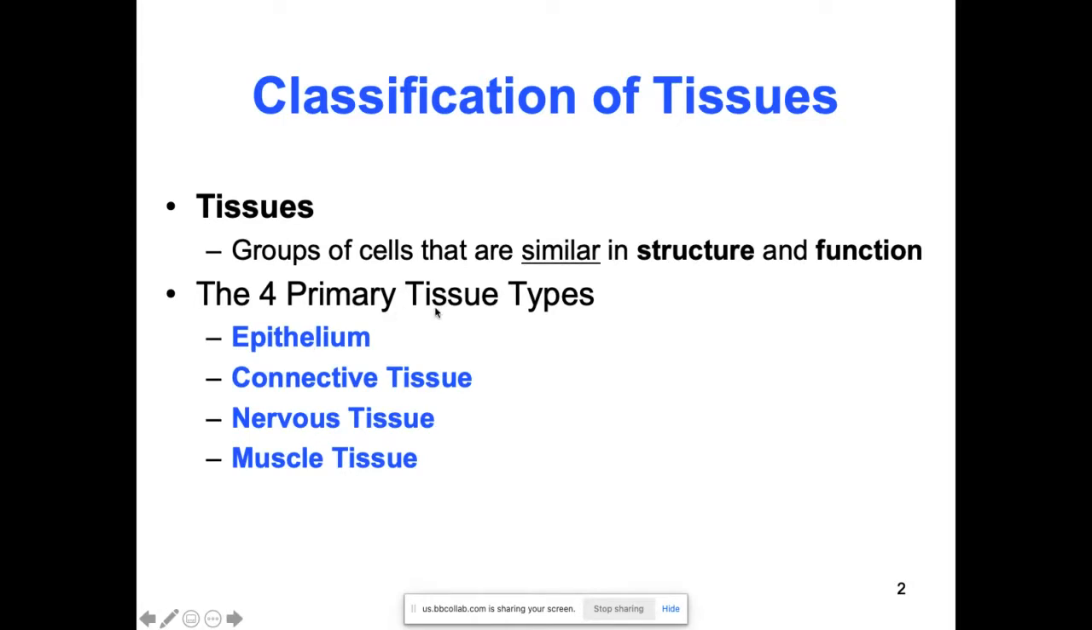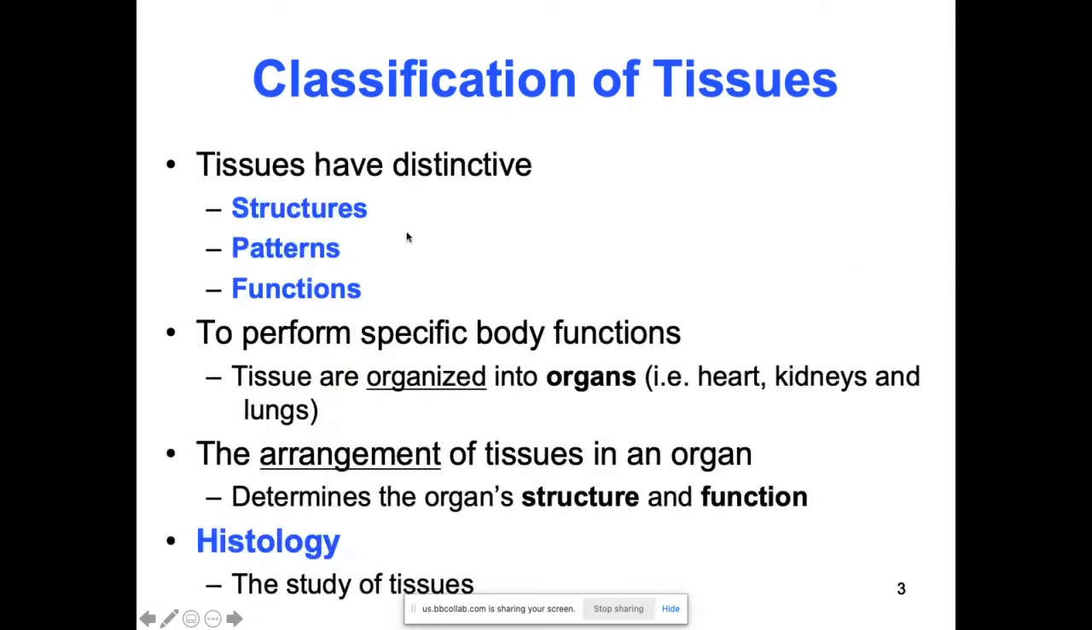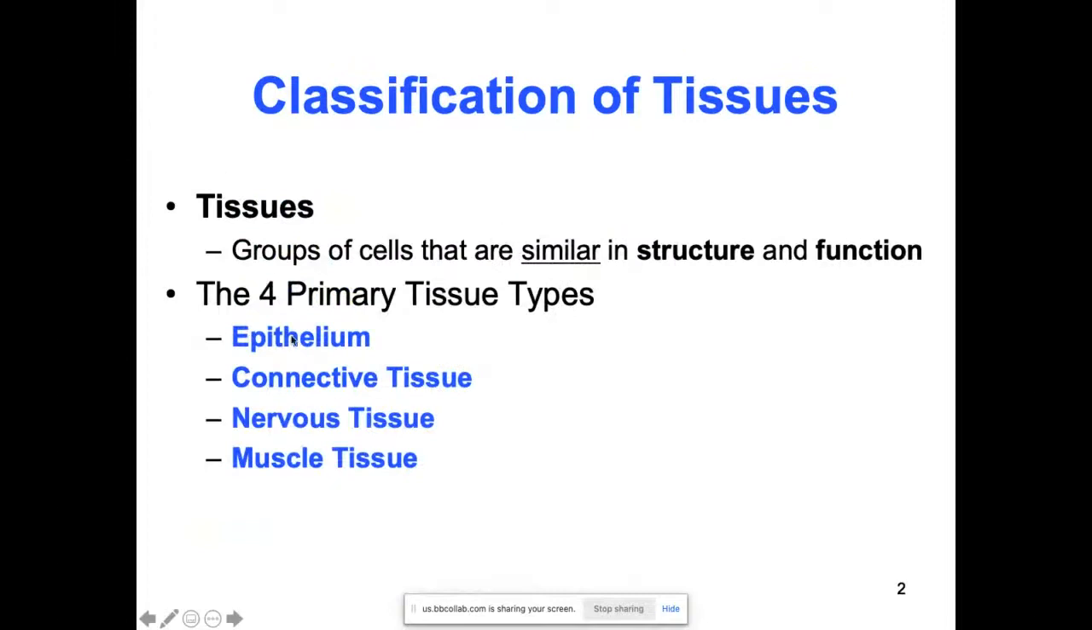Cells come together to make tissues, tissues come together to make organs, organs come together and make systems. When you get all the systems together, we now have the organism. So we have the four primary tissue types: epithelium, connective, neural or nervous, and muscle tissue. One of the big differences between epithelium and connective tissue